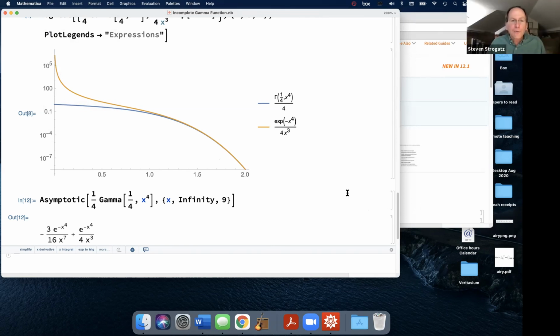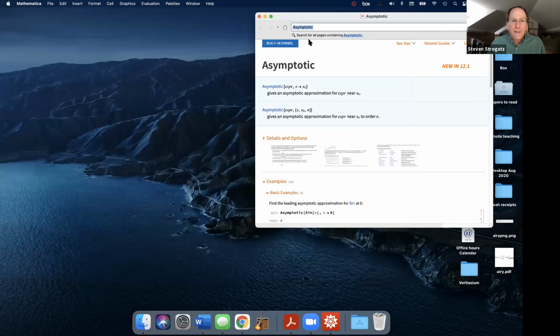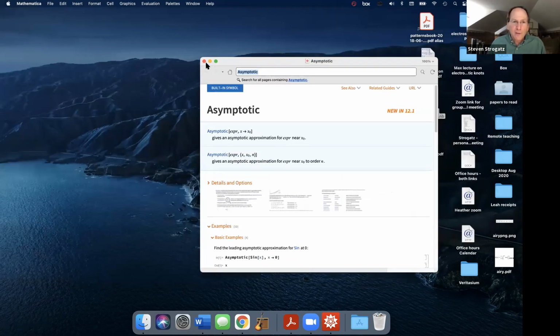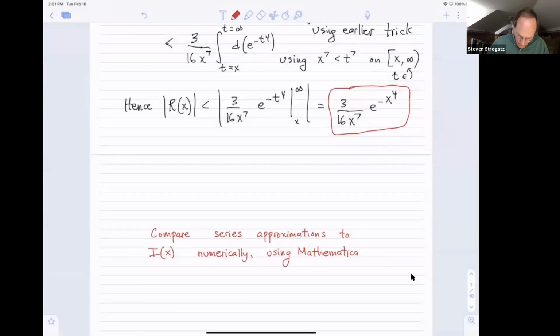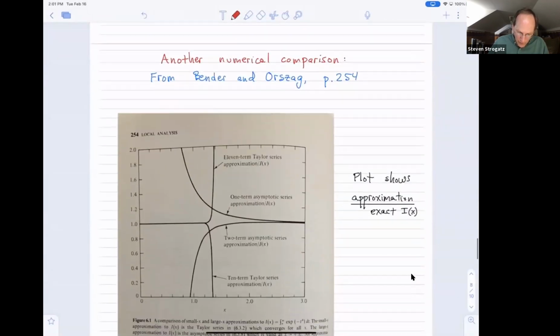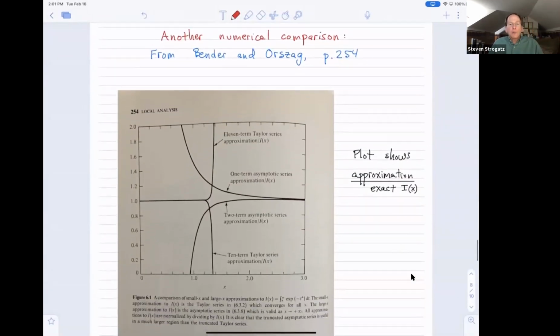I also wanted to make the comparison, and point out the way that Bender and Orszag do the comparison, which I found interesting too. So let me jump back into sharing my Notability iPad here. Yeah, so this is now taken from the book. It's interesting. The way they do it is they say,